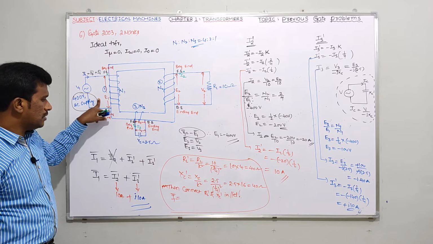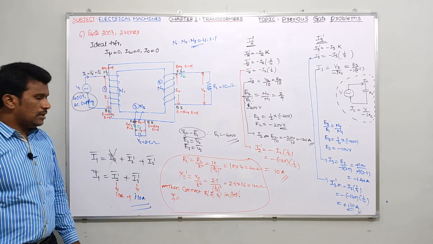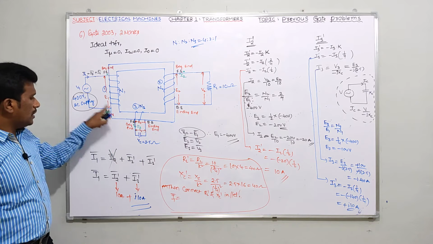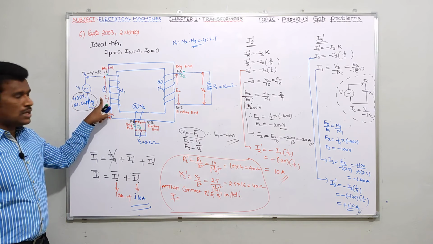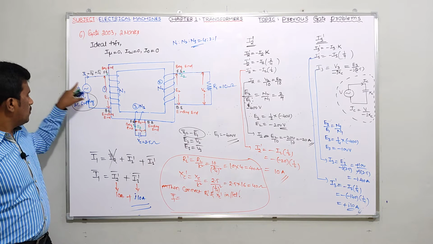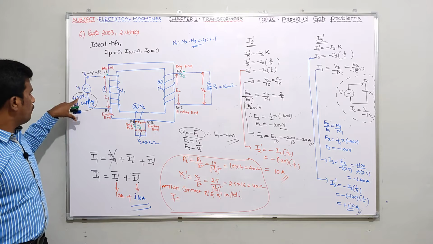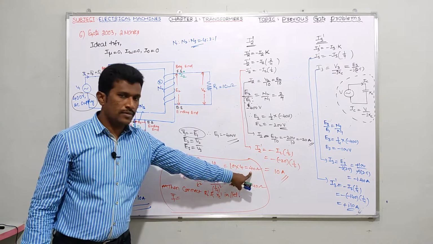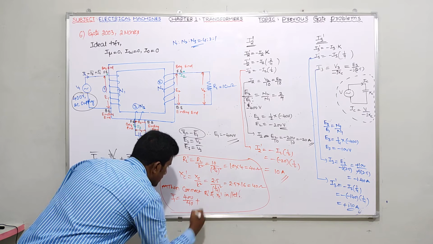Here I can say, if you want to find the current flowing through RL dash, simply tell me, if I refer this to the primary, I can say that. So what is the voltage across here? What is the supply voltage here? 400 volts. So simply I can say 400 by 40, plus